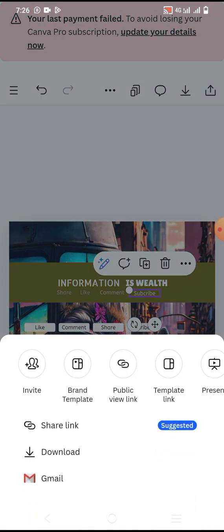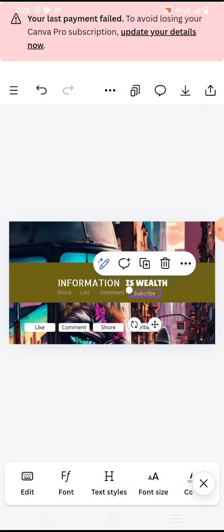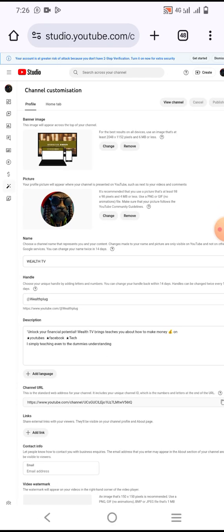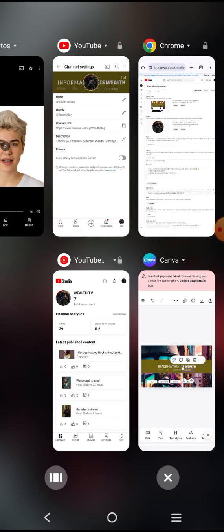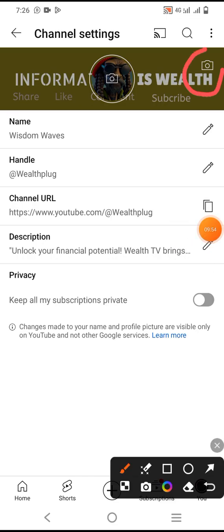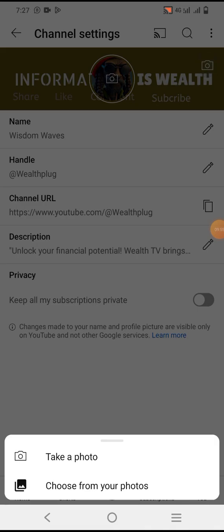Once you download it, you go over to your Chrome. If you don't use Chrome, you still go over to the studio app on your phone, click on this icon here, and change it. Once you are done with that,